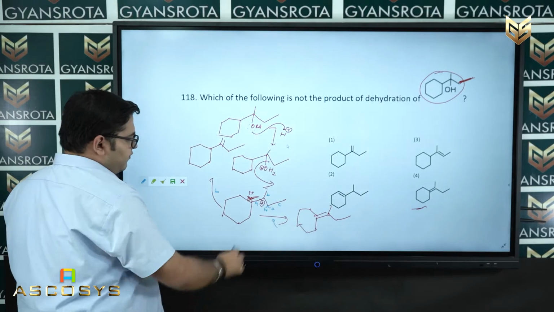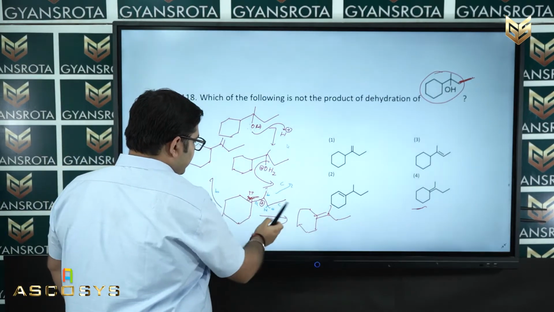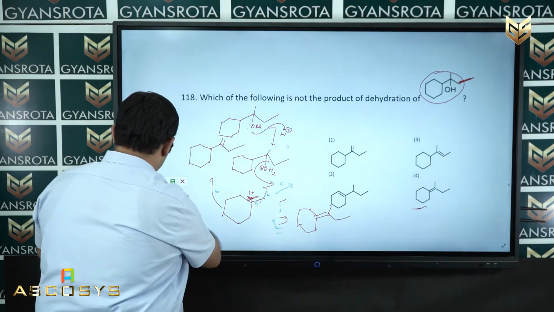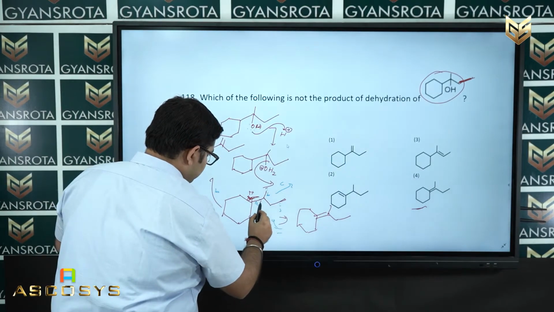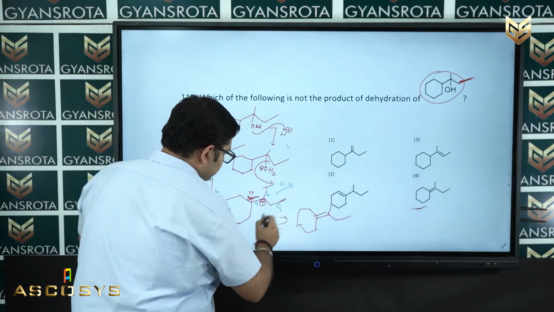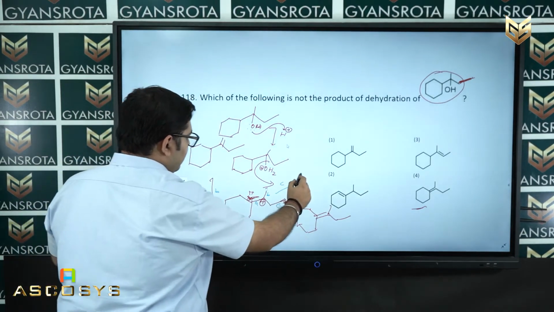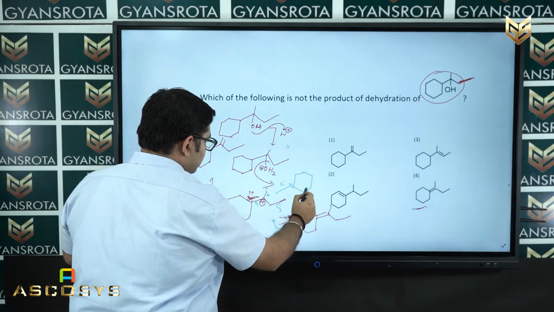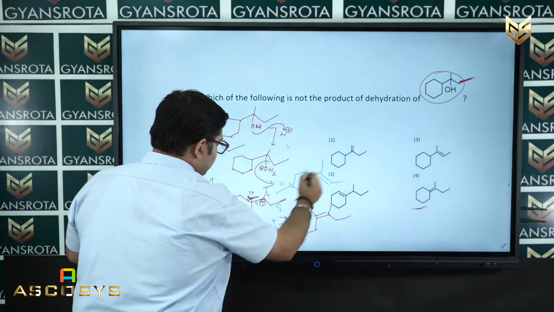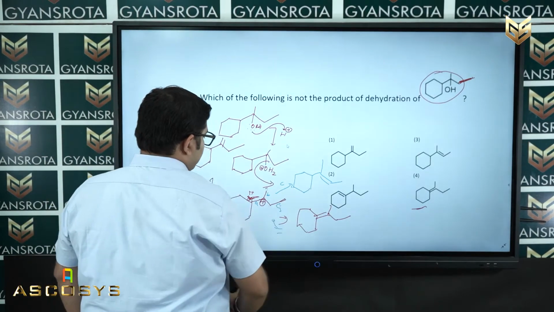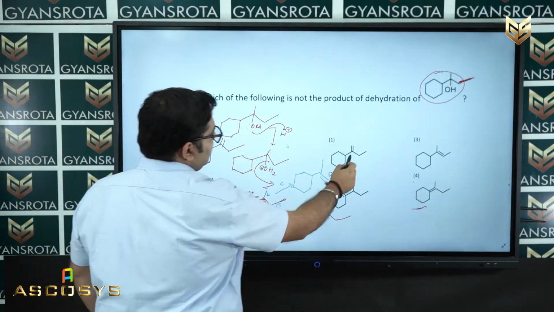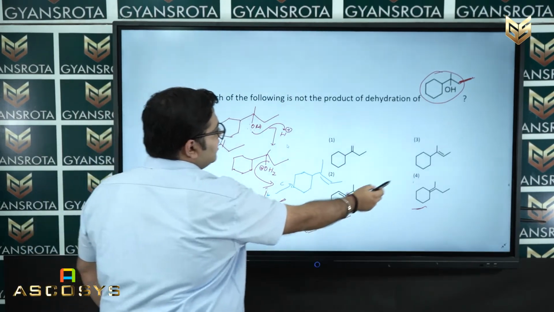So, if I remove hydrogen from here and rearrange, we are obtaining this. So, this is here another product. So, the A product is given here, this is also possible; the B product, this one, is also possible. Now, the C product, this one is also possible,